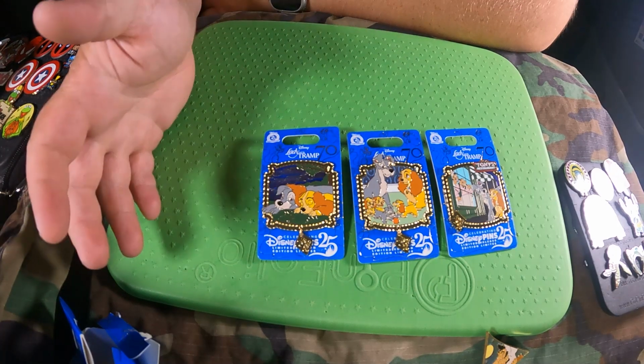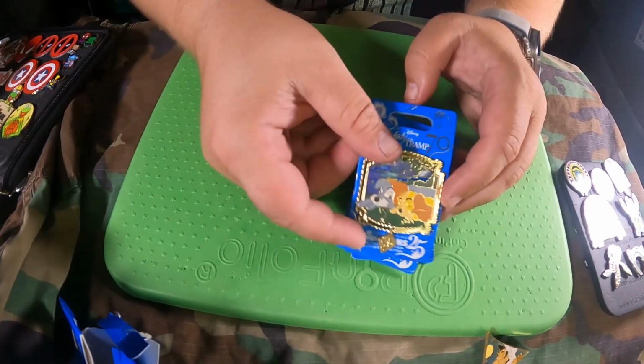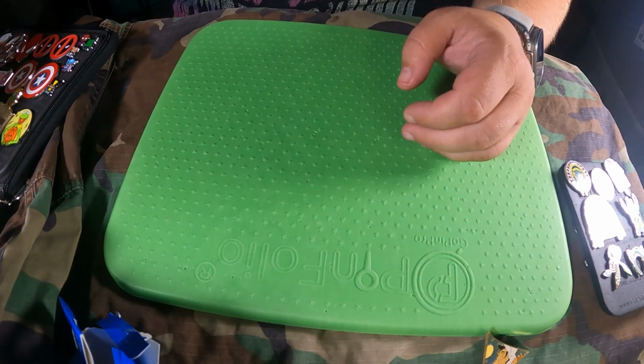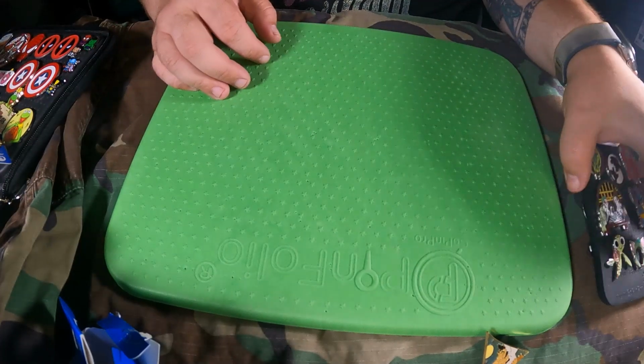There was also a big one for like 50 bucks, like a jumbo size pin, but we didn't get it. I think there were still some of those left when we left. They were out of the mystery boxes though. So other than that, those were the pins we bought. And then the ones we traded for were